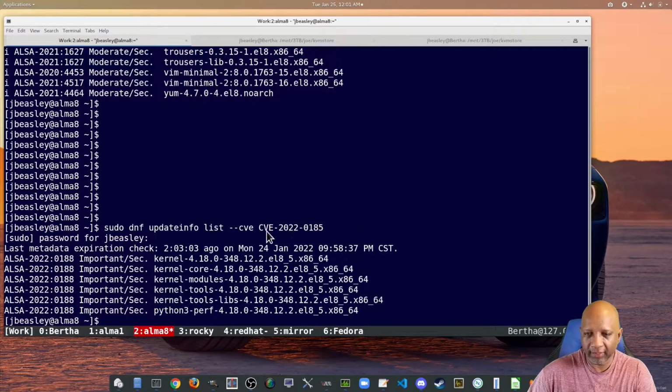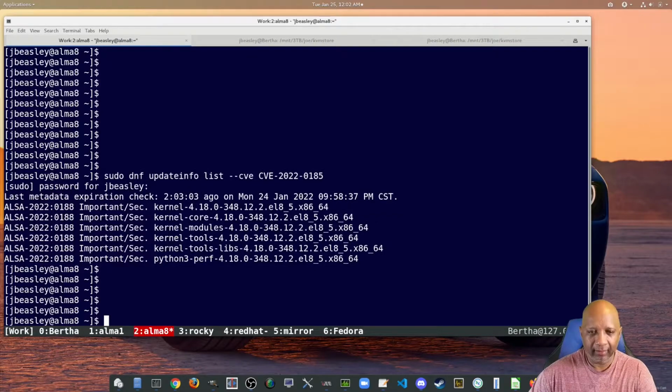All right, so for this CVE, Almalinux references it through their own security advisory, and their security advisory is 2022-0188. Now, there could be multiple advisories listed here for this one CVE,